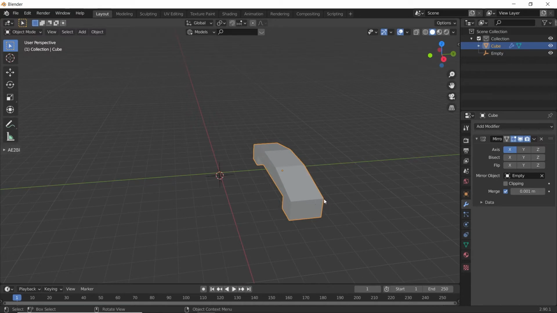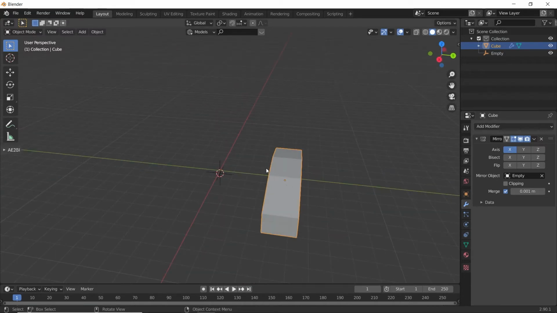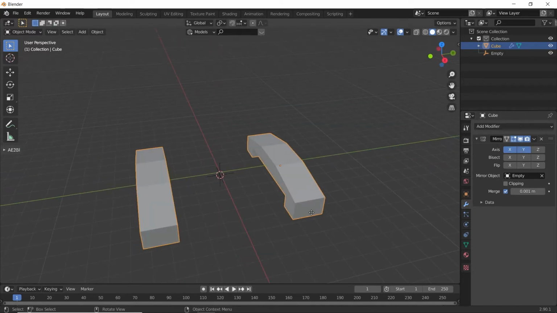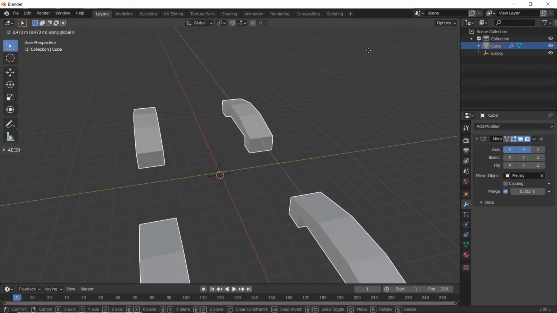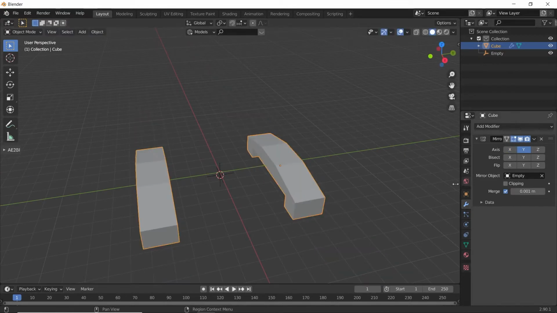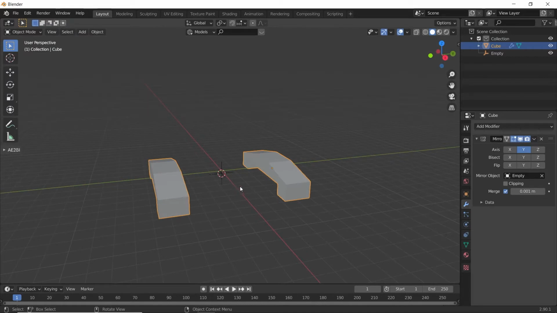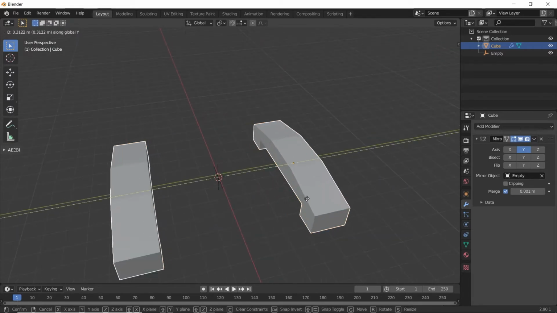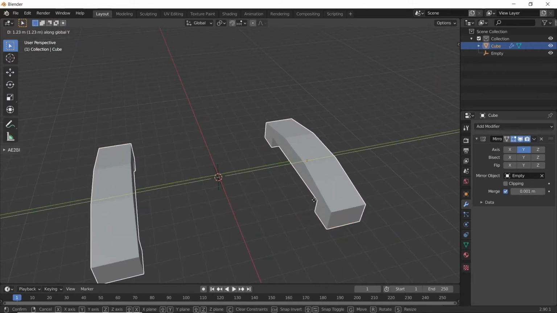So see, nothing happens because this object is mirroring on the x-axis. So we need to turn on y and turn off x, because if you grab it on x-axis, we have another one also, so we need to turn it off. Okay, something like this is nice.